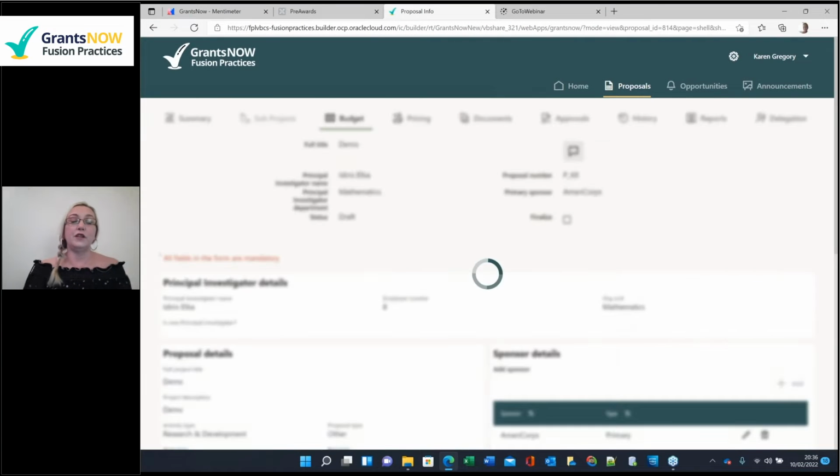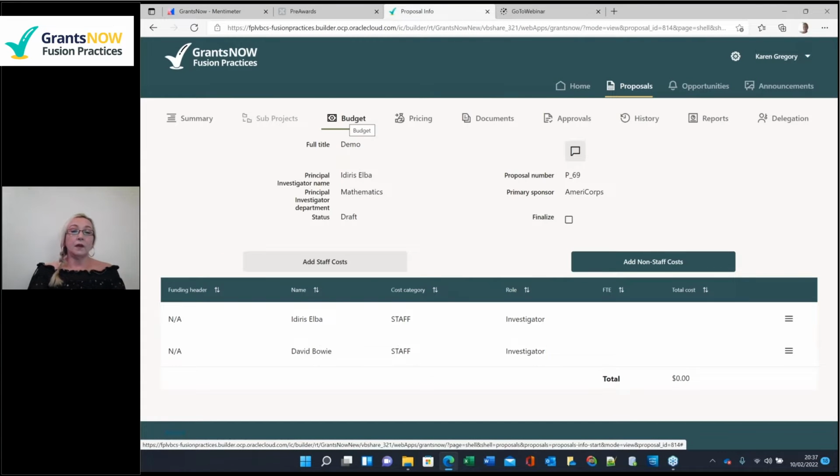Okay, let's go to the budget screen. Now, as you see, I've got 2 people on here already. That's 2 investigators because I added them at the beginning, but their costs are showing as 0. So if I click edit,